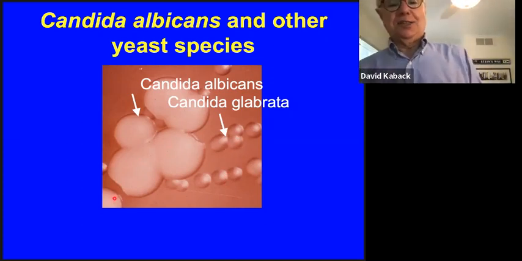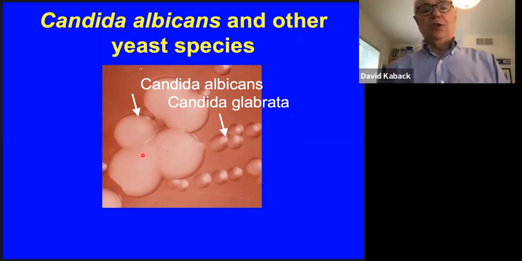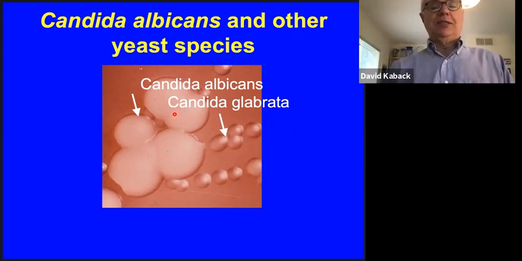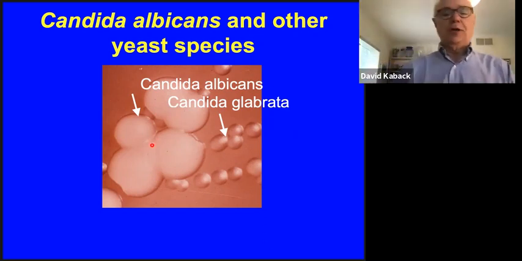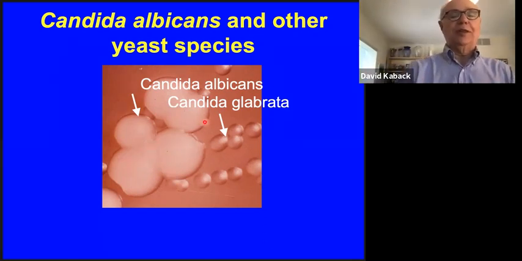Candida albicans is the more pathogenic of the two, though they're both considered normal flora, and everybody gets Candida albicans in their birth canal, okay? Moms, everybody, it's normal flora of the vagina and also of the mouth, but it's kept in check by other parts of our normal flora that prevent it from really causing an infection.